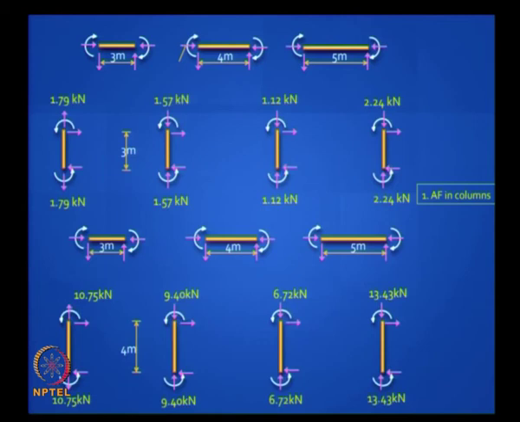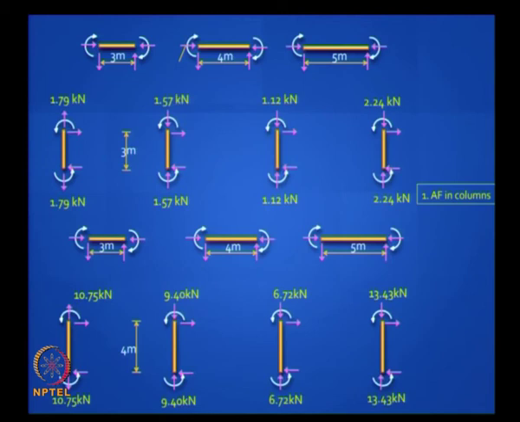You have got the column axial forces. It is interesting, you really have a neutral axis somewhere in the middle. On one side you have tension, on the other side you have compression, so the arrows get reversed. Is it clear? We calculated these values. Now what do you do next? You got the axial force in the columns. In the portal method we got this last, here we are getting it first.